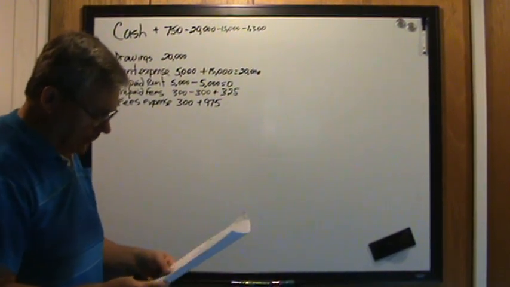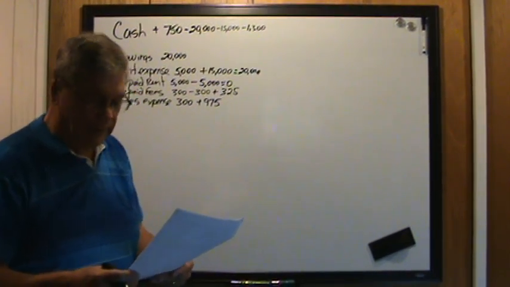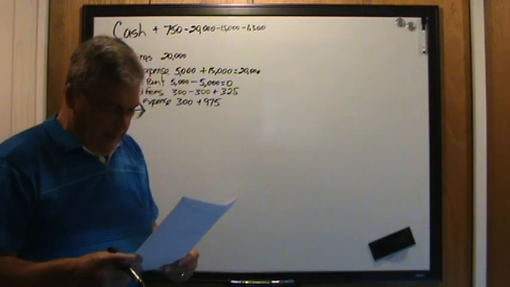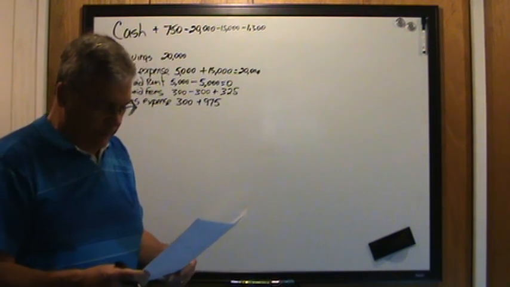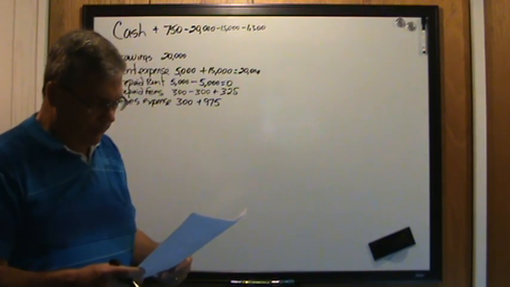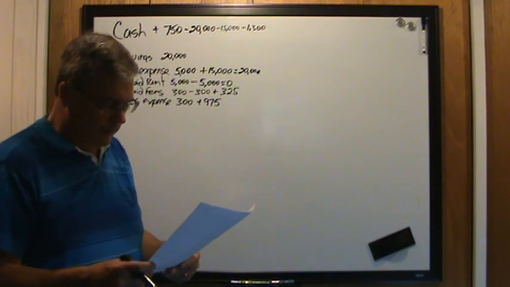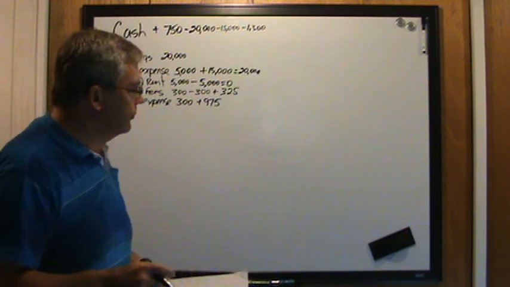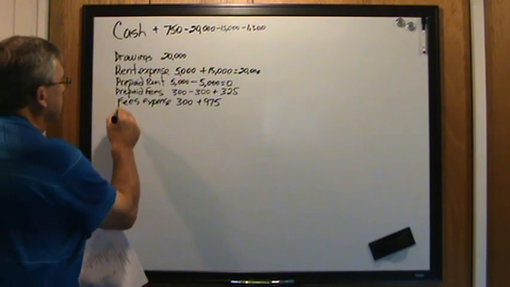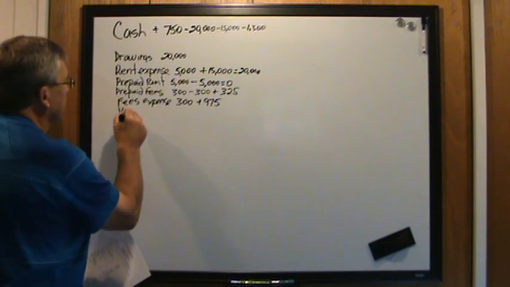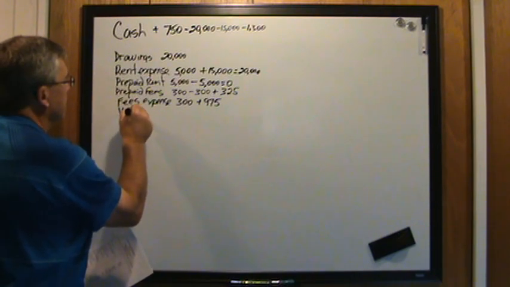Delivery van. A second delivery van was bought on January the 1st for $13,000. This is expected to be used in the business for 4 years and then sold for $3,000. Let's deal with the purchase first. So delivery van, or let's just call it van number 2,